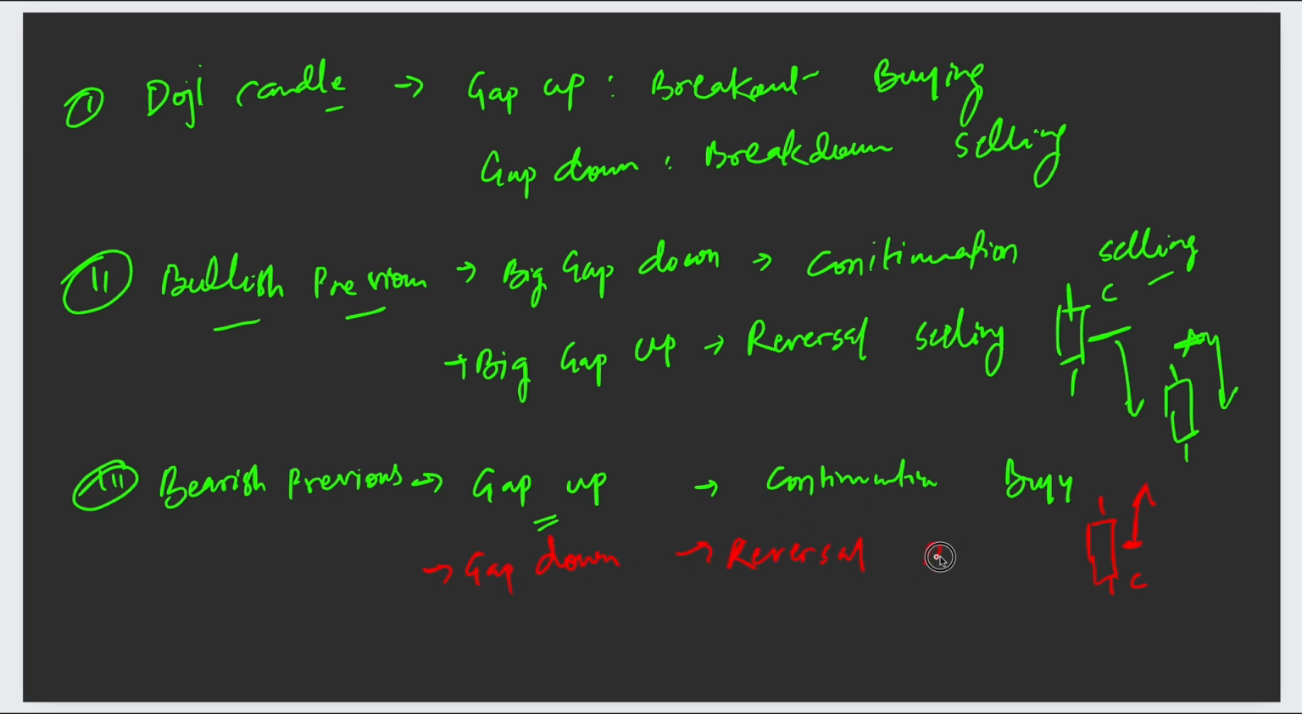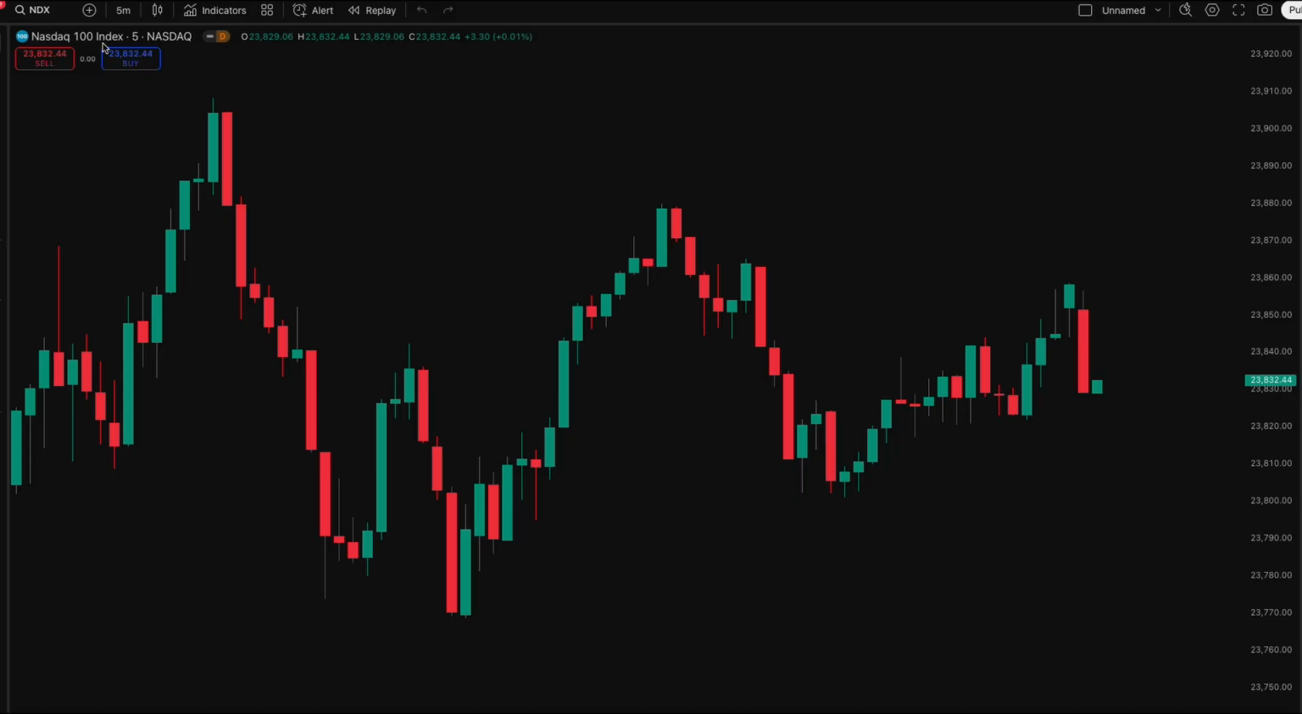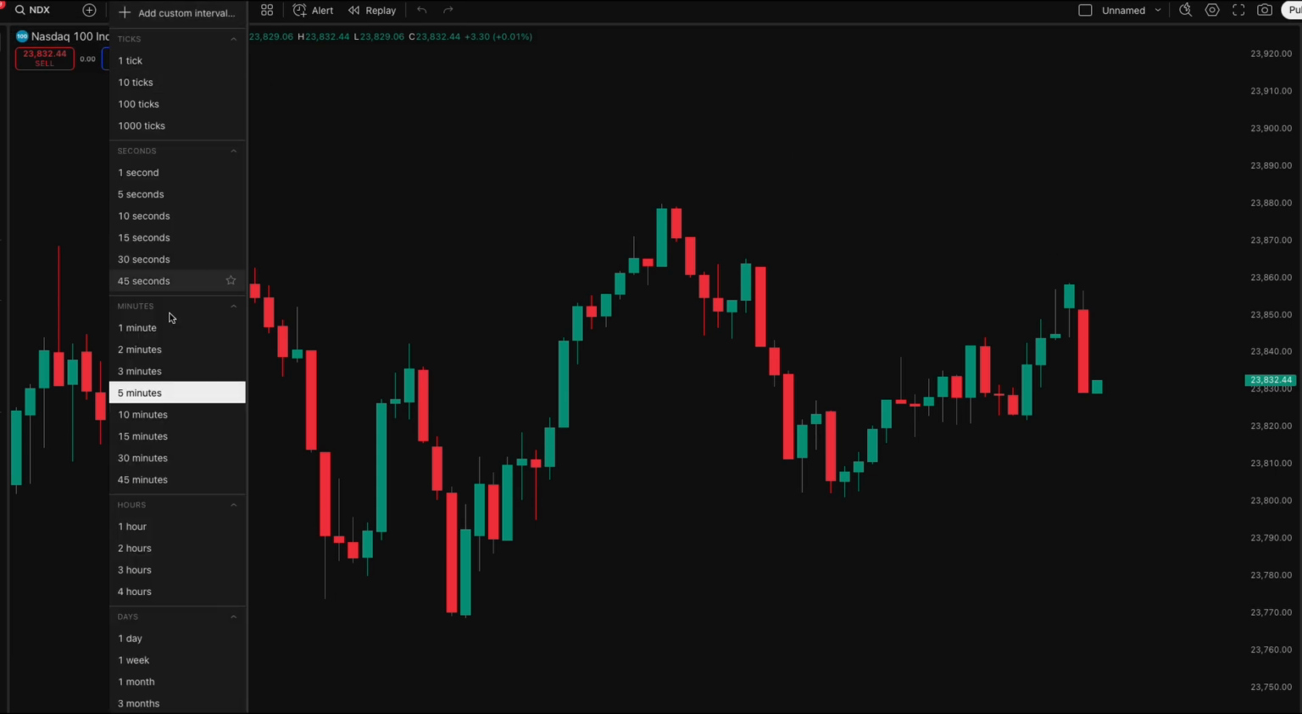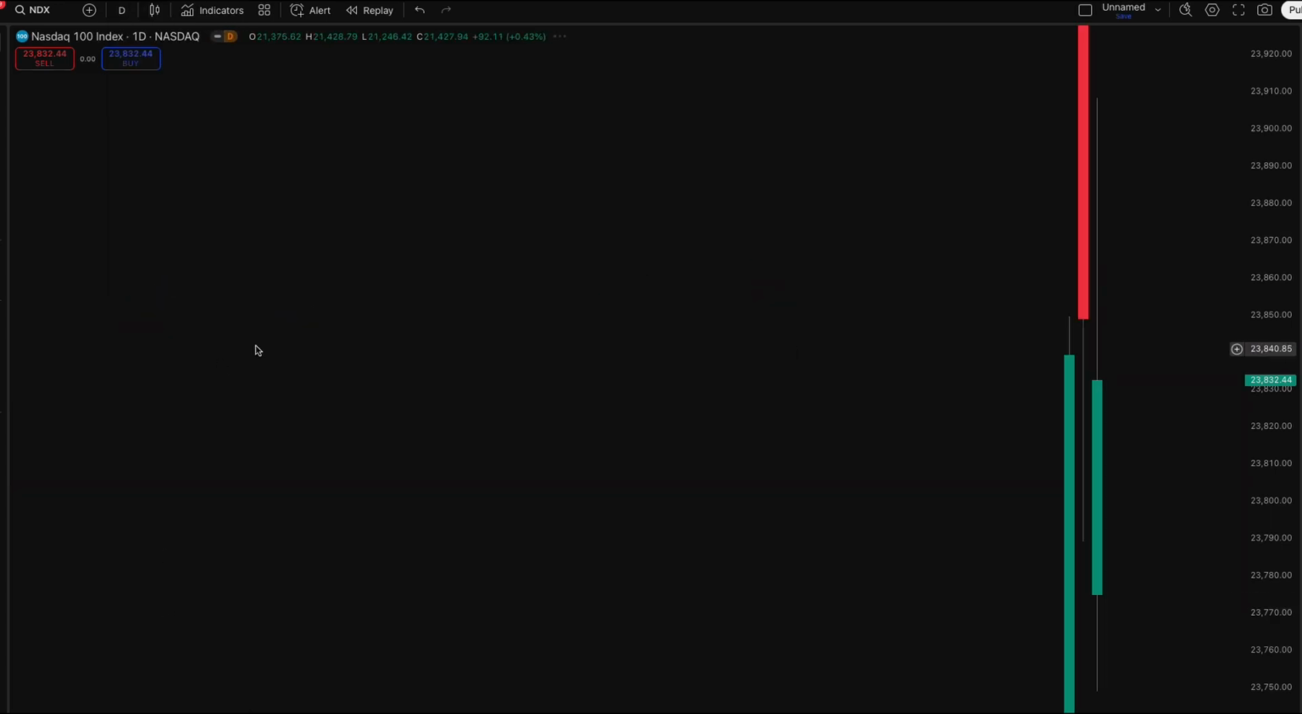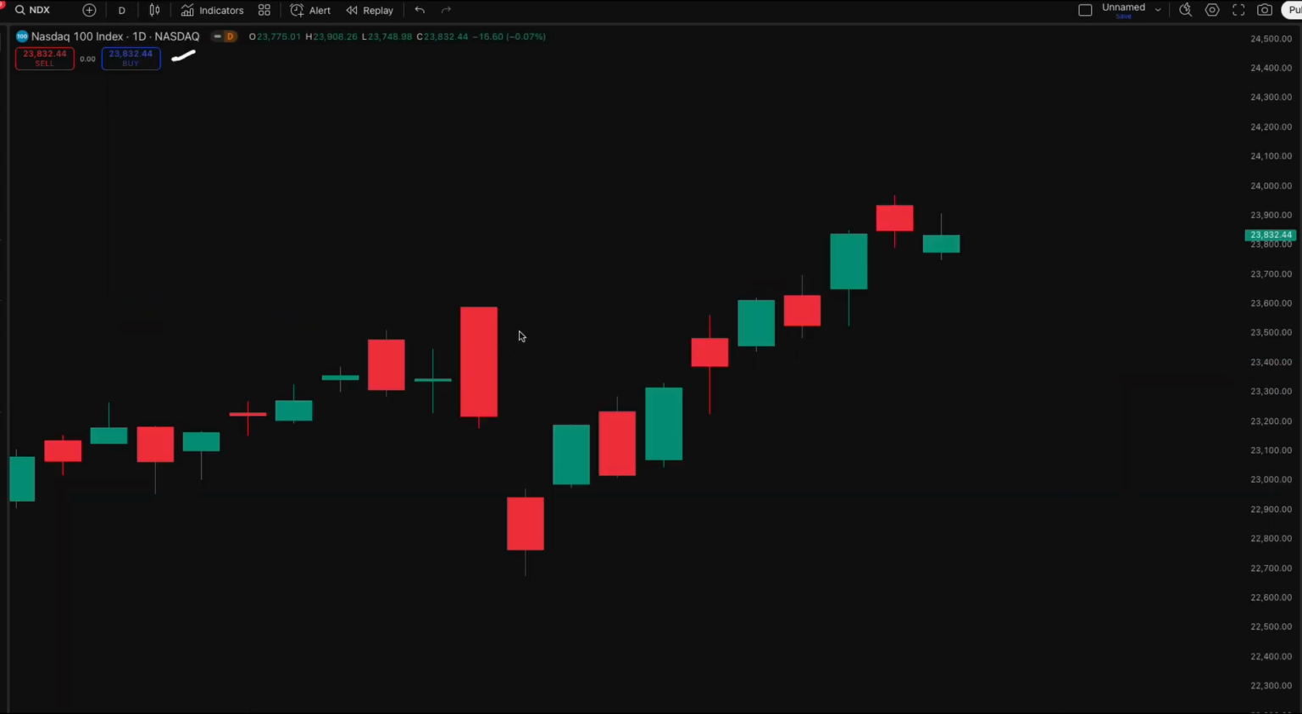These are the things you have to keep in your mind, and you have to plan your trade accordingly. Now we will look at some similar trades on the Nasdaq chart. This is a Nasdaq chart here, so you can see the Nasdaq chart in 5-minute time frame. I will first change it to daily time frame. So let's do it. Select the daily, and then here you can see it was a big bearish day,